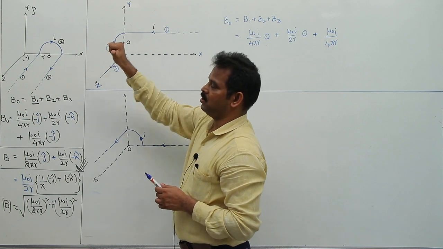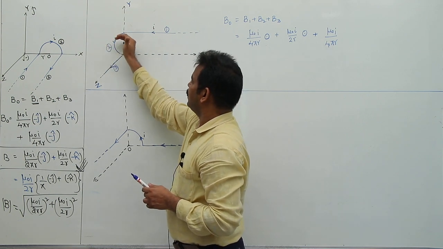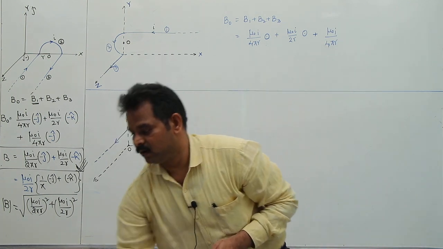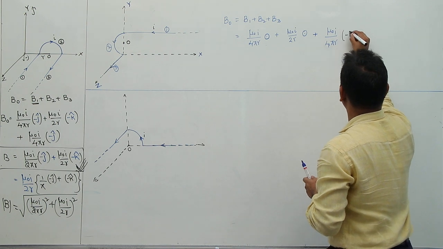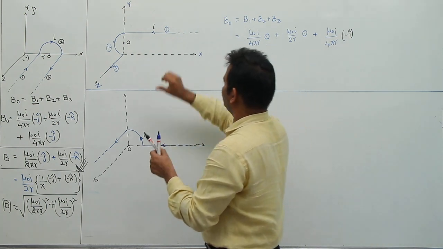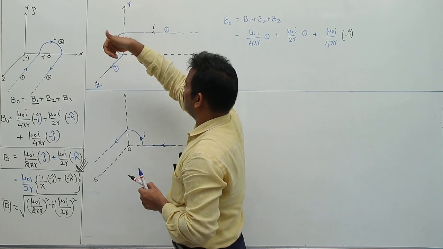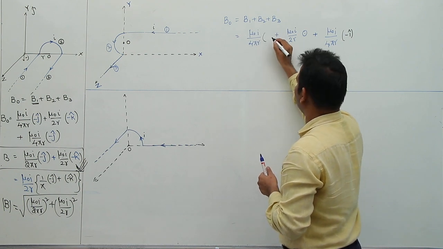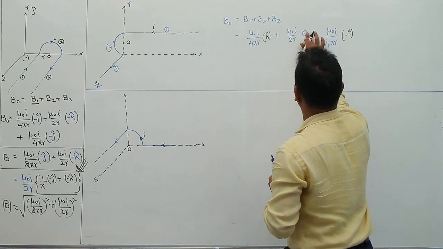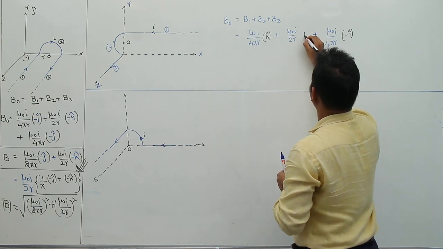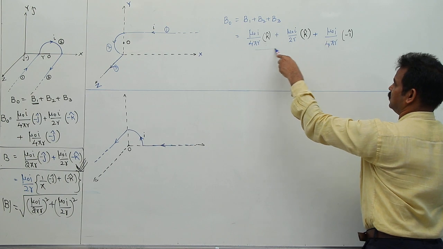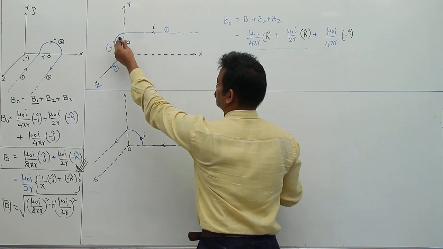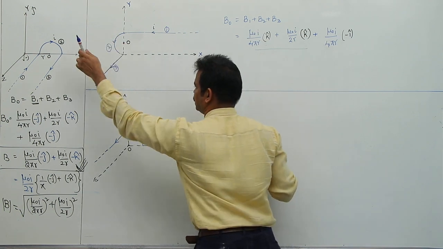So here current is flowing like this, at the point where the field is along the negative x-axis. So I am going to write this as negative x-axis, given by minus I cap. This field which is acting like this, here it is towards the z-axis. So in terms of vectors, you can write k cap here, and this is also k cap only. So you can see these two are acting in the same direction, but this is acting in the opposite perpendicular direction to this one. So the first field, second field acting like this, third field is acting in this direction.